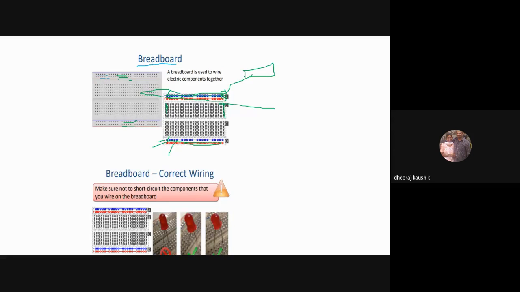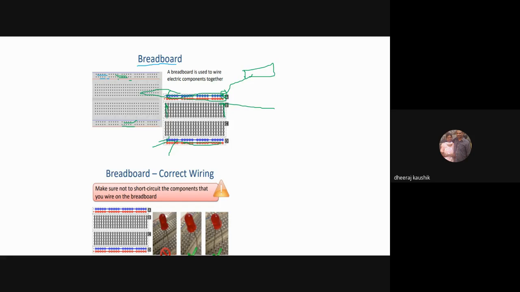The most important rule while connecting a breadboard is not to short circuit the circuit, because while short circuiting, the electrical components as well as the board may get partially or completely damaged. If it's a big project, it can result in loss of life, or if it is a small or harmless project, it can result in loss of money as well as your hard work.